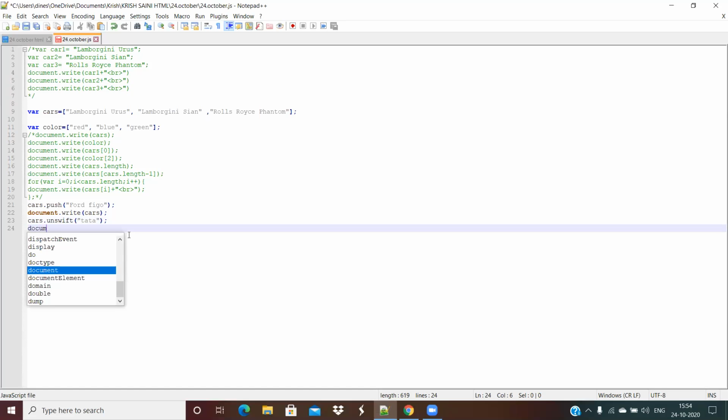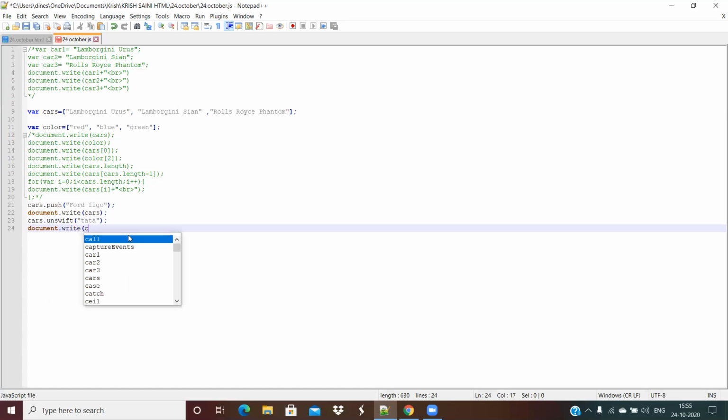Okay. No, that bracket is not needed. Just print the entire cars array. Okay, let's save it.